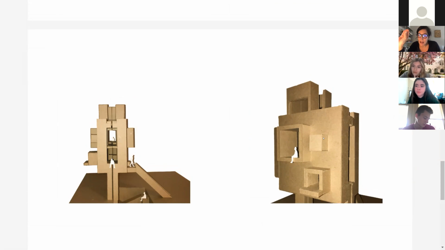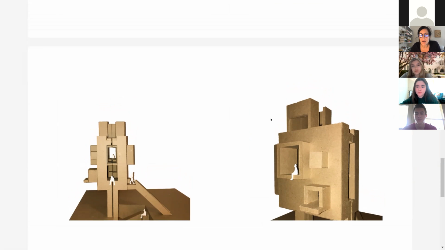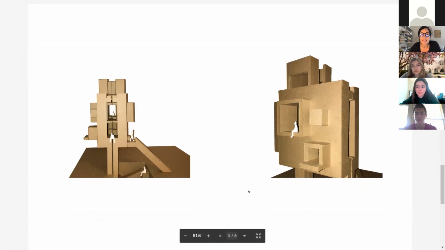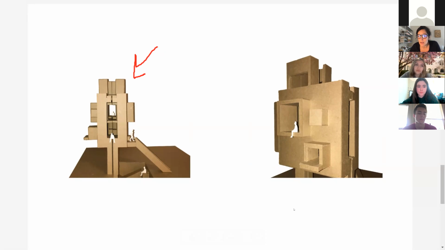But there are other things you can do with your model, which is taking images that are more suggestive of the experience of being inside these spaces. I like the intentionality of some of these images. Stay there one second. This image here I think is really nice. It's more intentional because we really start seeing the lining up of two of the spaces, which has a lot to do with the things you have been talking about, and how these openings are curated to provoke particular experiences. So if you could capture some of those from closer up,